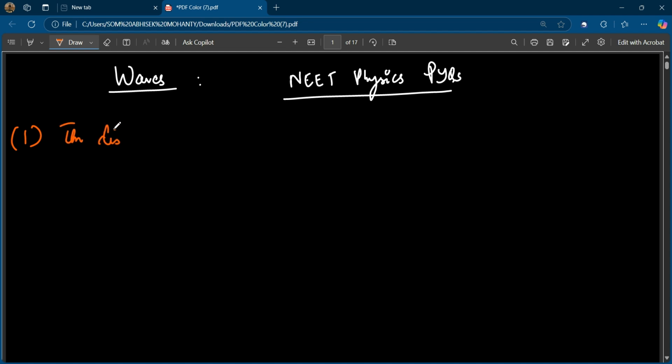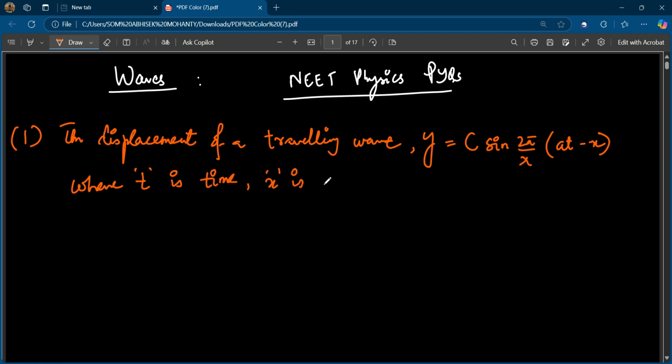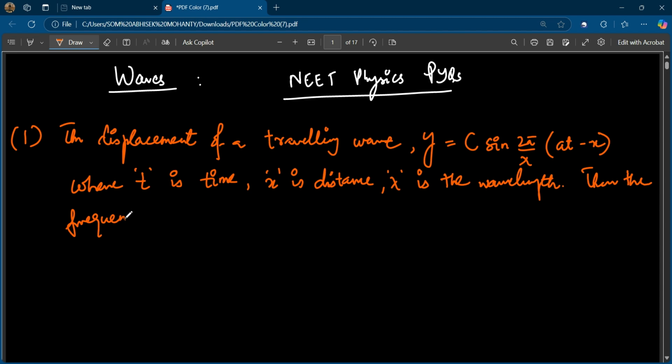The displacement of a traveling wave is y is equal to c sine 2 pi by lambda (at minus x), where t is time, x is distance, lambda is the wavelength, all in SI units. Then the frequency of the wave is